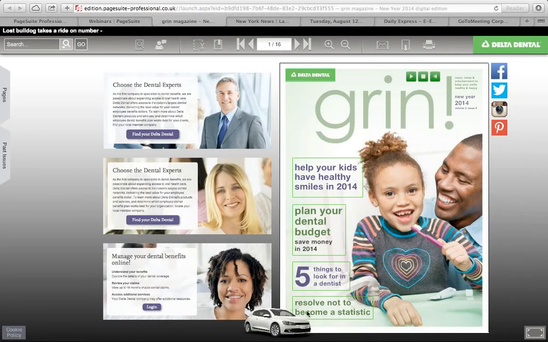There's also some flash animation. You can see there's audio set up here as well. And then here they've incorporated their social media. Now they added everything you see outside of the digital edition using the media tool. So it's not something that's automatic, but they just went into the media tool, uploaded these images and hyperlinked them.